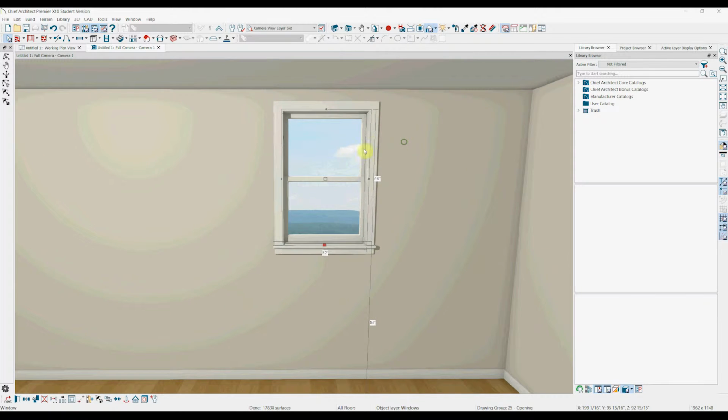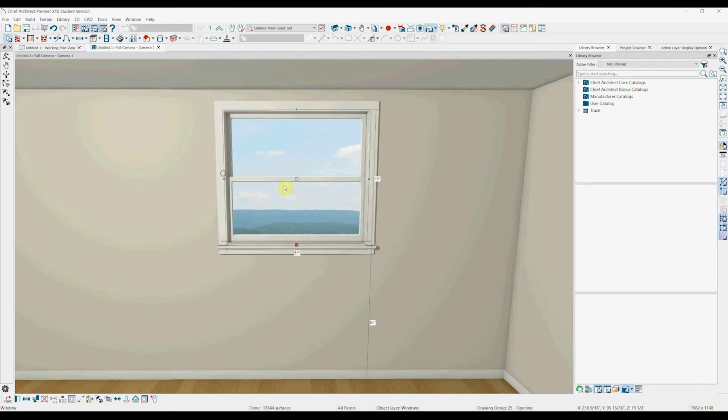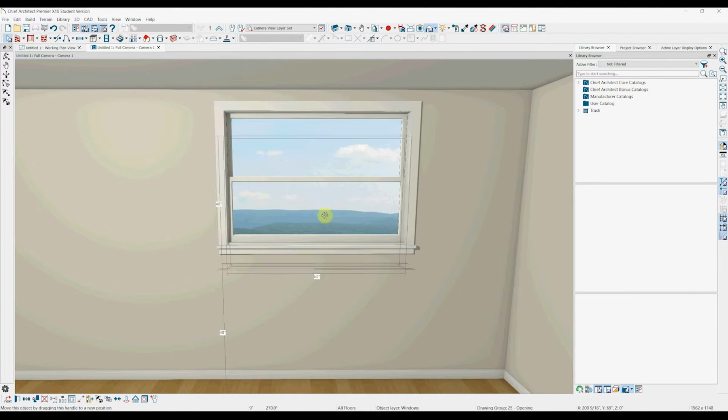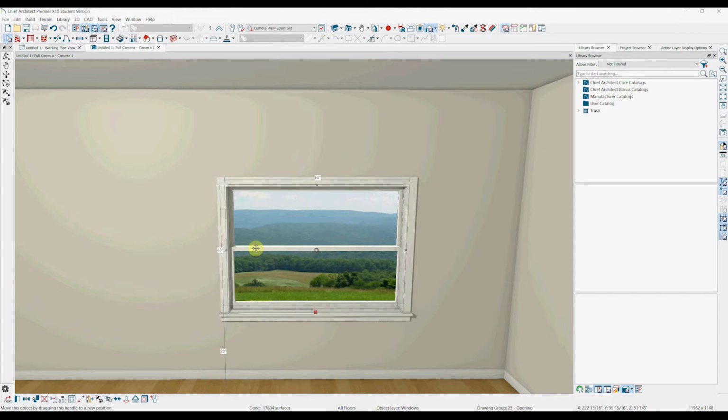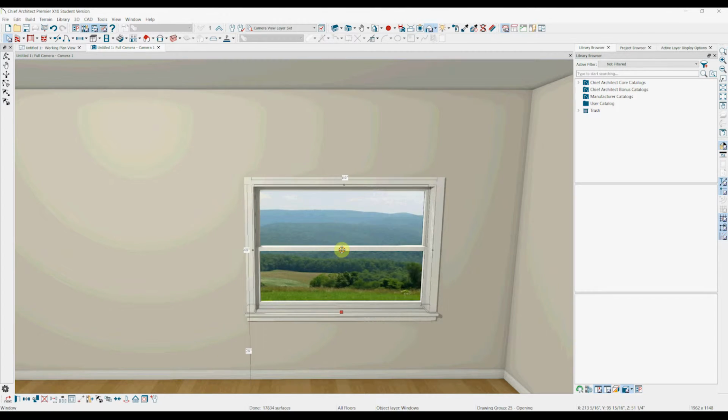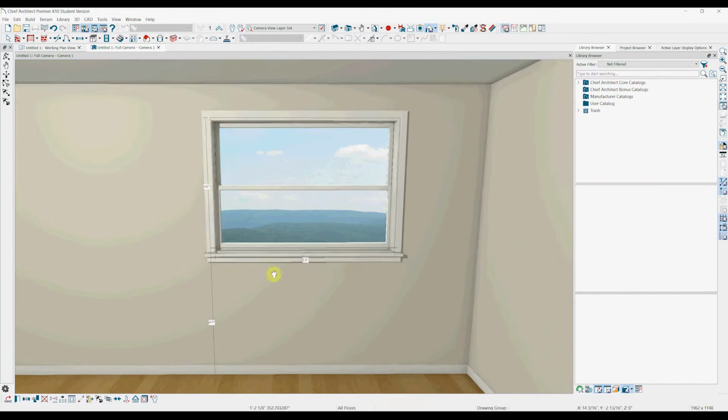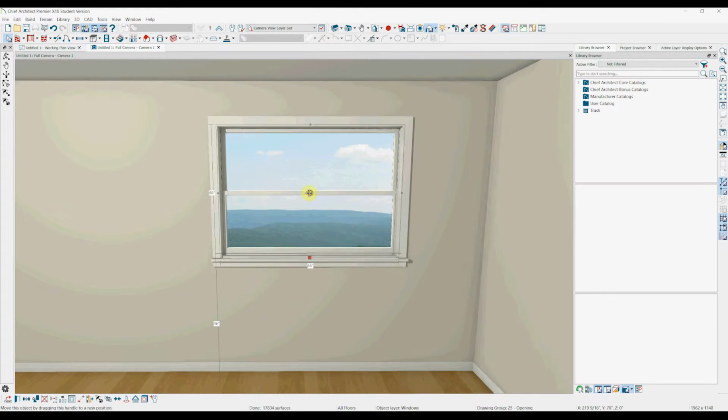Now, using this setting box is not the only way to change the size and location of these objects. You can see we get these little things here to click on where we can move the size in and out like this, or we can use the selector in the middle to move the actual window on the wall up or down, right and left. So these are useful if you're trying to eyeball the location of a window based on like what the inside